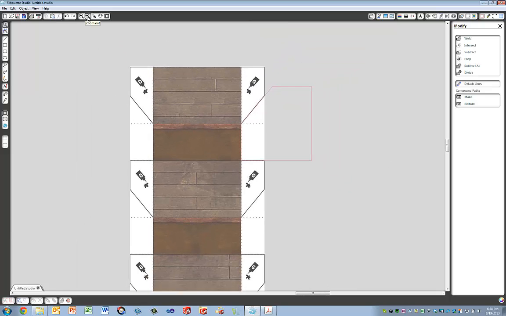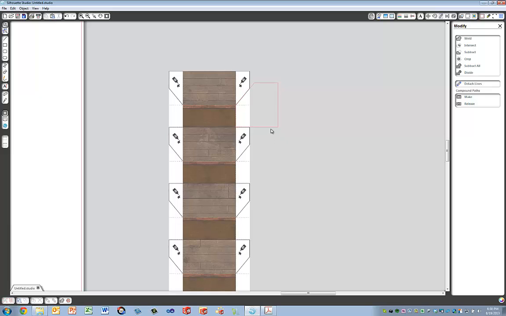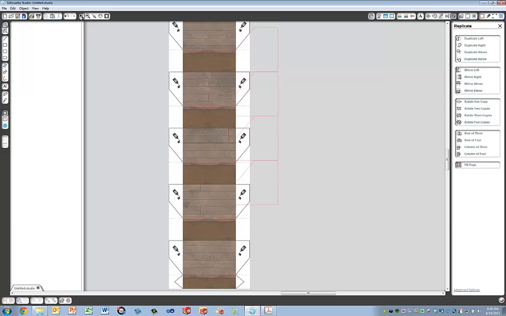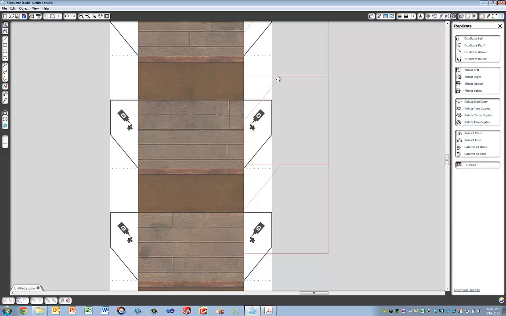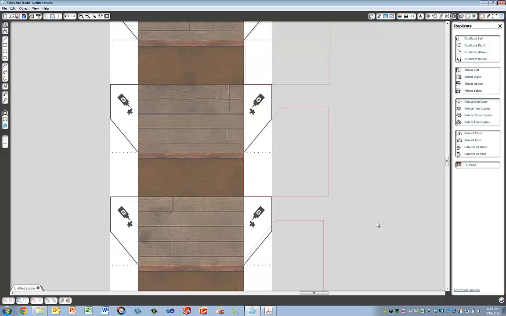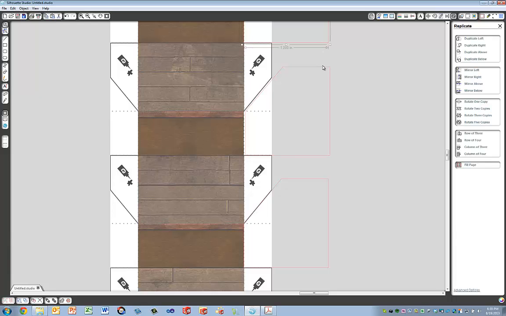So we're going to use some of the other tools inside of the software. We're going to start by selecting this shape. We're going to choose the replicate window, and we're going to choose to just create a column of 4 of these. Now what I'm going to go ahead and do, we'll zoom in, we'll start with this one, and we're going to look at lining them up on the bottom. Same thing here. You'll notice I'm not doing a very good job of their X position. I'm just getting them located in the Y, and that's because we're going to select the top one, which was placed correctly the first time,